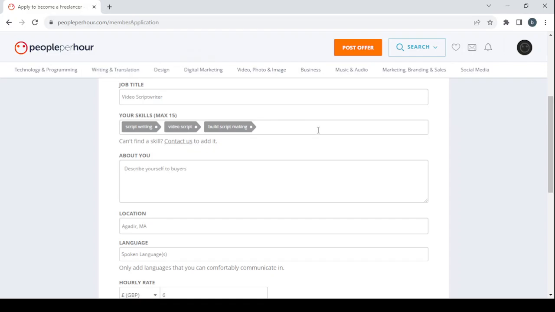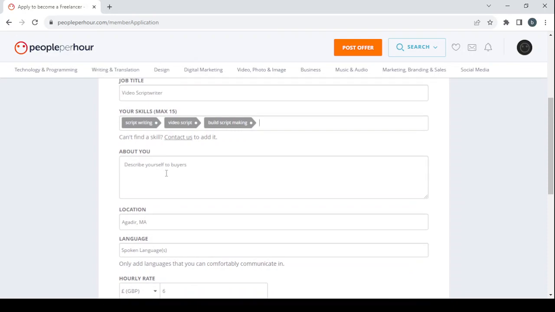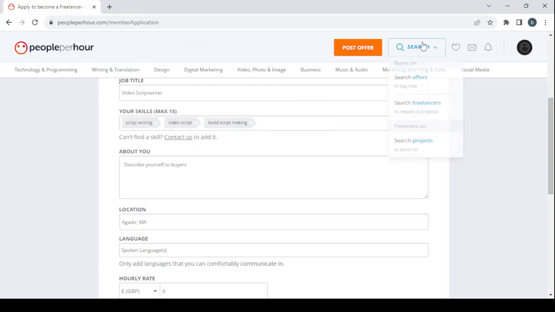After you're done with the skills, you proceed to the about you. So here you describe yourself to buyers. And guys, in order to enter a decent description for your profile, make sure to follow this method that I use personally, which is going and searching for your competitors and getting inspiration from their descriptions. So here we're going to click on the search button, click on search freelancers, opening a new window,